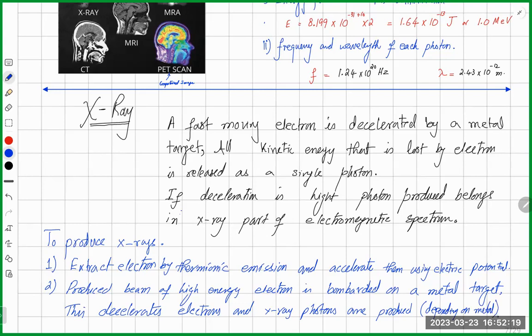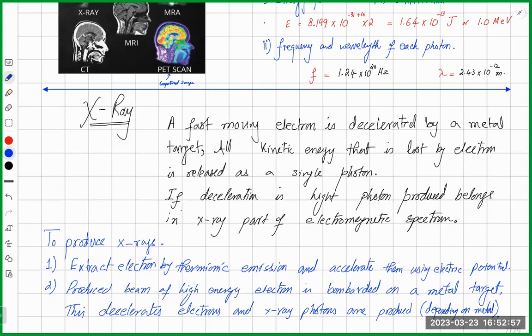Now, this is a theory. This is all that you need to know on how X-rays are produced. For example, if somebody asks you how X-rays are produced, and this is a very straightforward question and very commonly seen in exams, your answer should be that X-rays are produced by decelerating electrons when they are hit into a metal target. All their kinetic energy is released in the form of X-ray photons. But that is if the question is only for 2 marks. What if the question is for 3 marks? In that case, you can say that